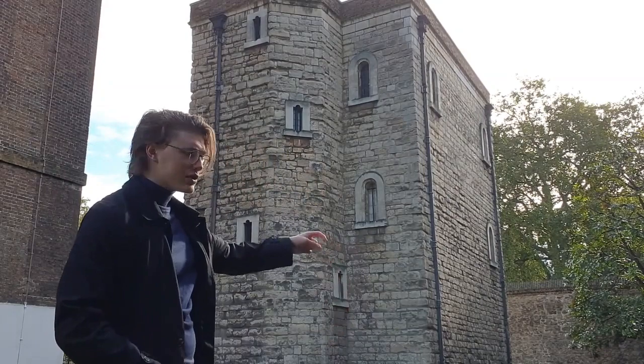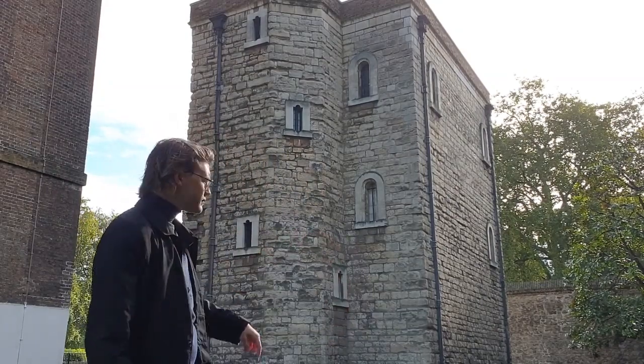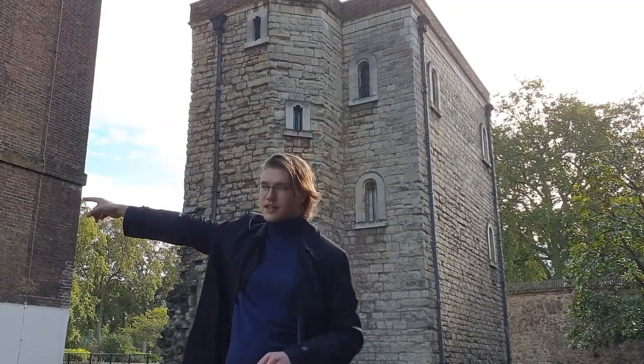The Jewel Tower was very well defended because it did hold a vast amount of treasure, the monarchy's wealth. During July and August 1366, as the construction was coming to its end, 23 different labourers excavated a moat around the tower, which was then connected by a 45-metre stretch of water to the Thames, which is that way past the